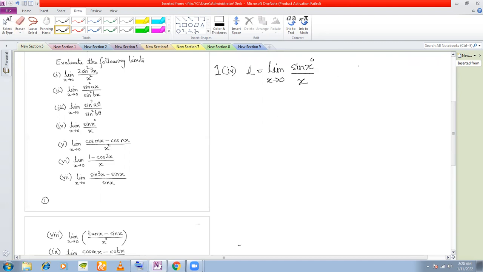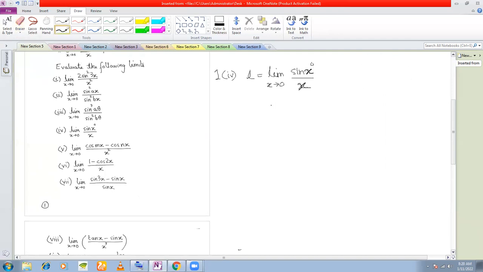What is the difference? See, the difference is that although you know this formula that limit x tends to 0 sine x by x is equal to 1, this formula only applies when x is in radians, not in degrees. Okay, this limit only applies when x is given to you in radians and not in degrees. So the difference between this one and the given sum is that in the numerator you have x in degrees and not in radians, whereas in the denominator you have x in radians. Okay, so what we are going to do is we are going to first convert our degree into a radian.